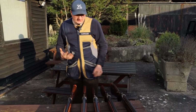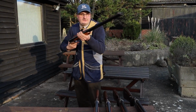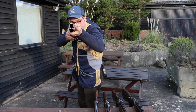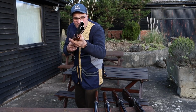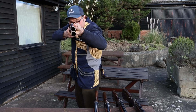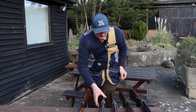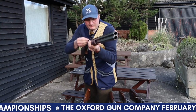When you mount this gun, don't matter what the gun is, I should be able to mount the gun here. My head is 3 fingers away from the comb, and I should be able to put a £1 coin just on top of the rib, and you should be able to see the whole of my eyeball just rising above that rib, above that £1 coin. So if I use this one, if I put that £1 coin there,